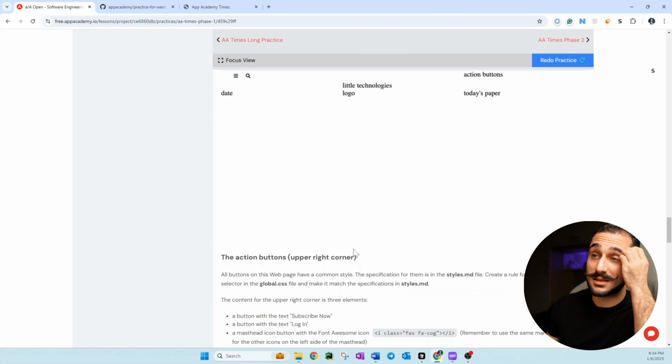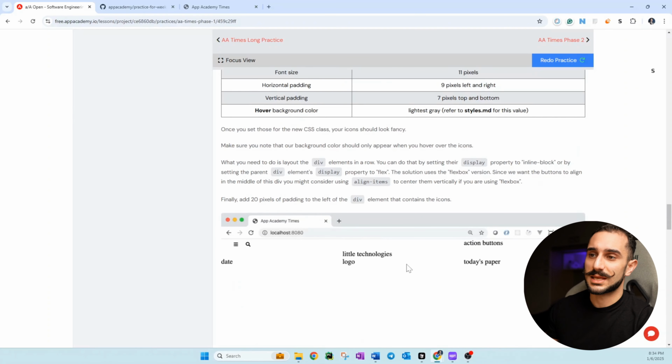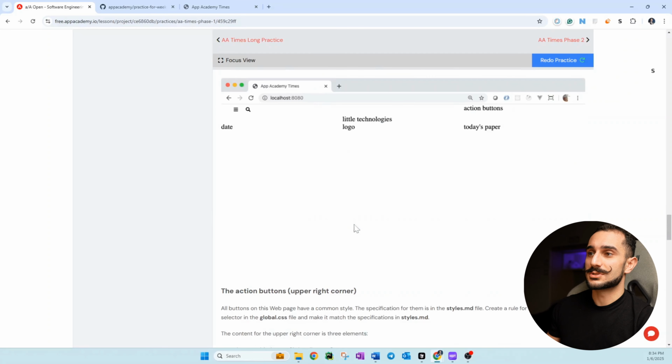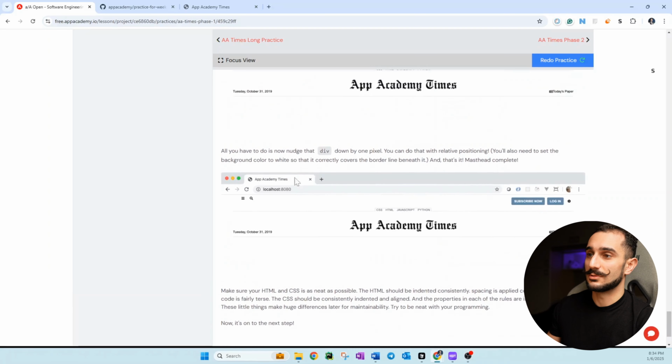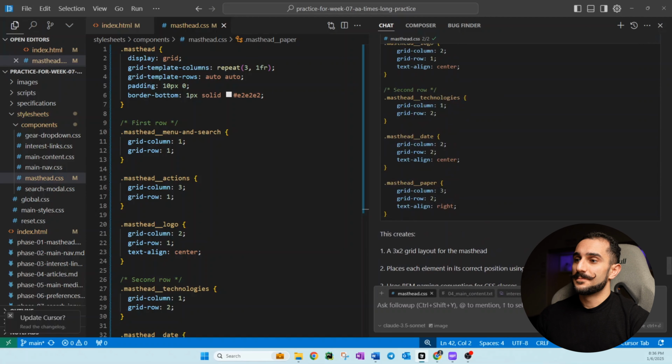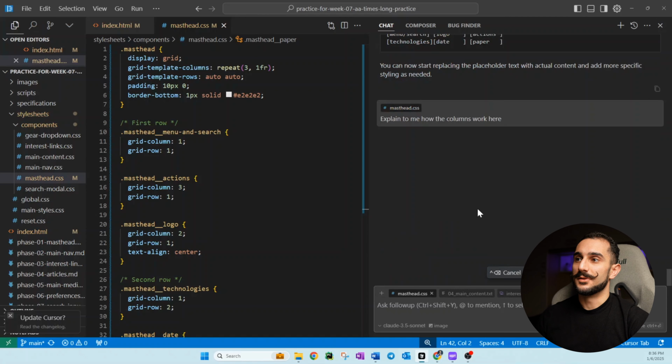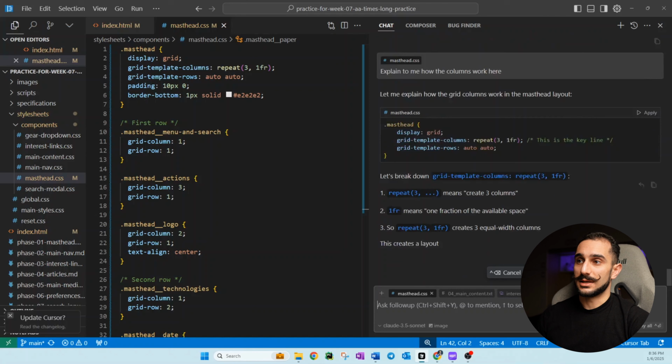So instead of me wasting time on trying to find the right CSS, which I will never do in the future, I can just rely on Cursor. And if you just play with it a little bit more, another 5 minutes, you can easily reach this header. Now, what if I actually have a question and I don't know what is going on here? I can just ask Cursor, right? And say, okay, explain to me how the columns work here. Then we wait for it. Then it actually tells you.